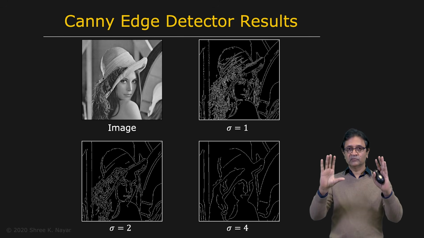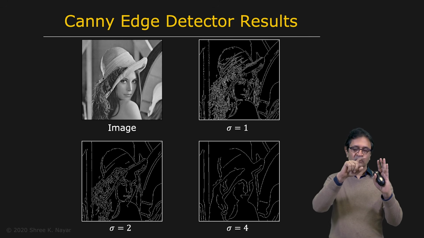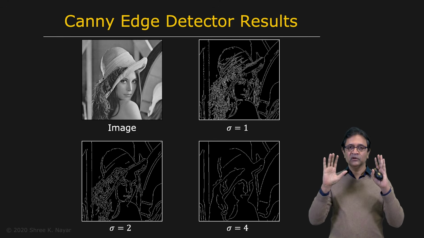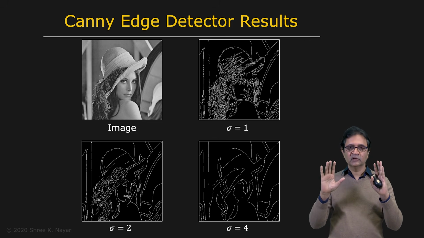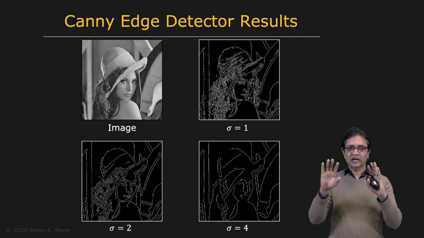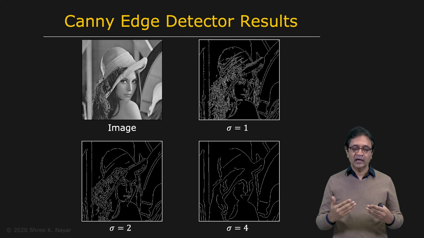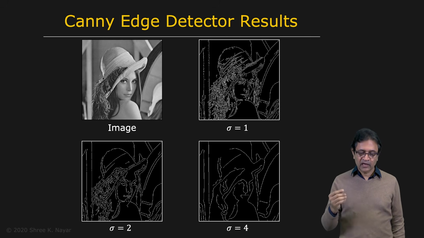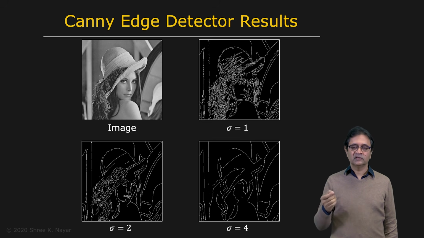Imagine that you had an image of a brick wall. At very high resolution, the edges would include not only the borders of the bricks, but also the fine details or the pores inside each brick. But as you pull away and you're looking at this with lower and lower resolution, you end up with perhaps none of that detail, but just the borders of the brick and so on. So when we talk about edges, they can exist at many different scales of resolution. And what the Canny detector allows you to do is to simply change one parameter, sigma, and pull out the edges in the scale that is of interest to you.